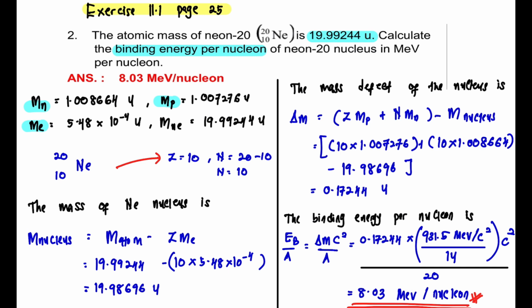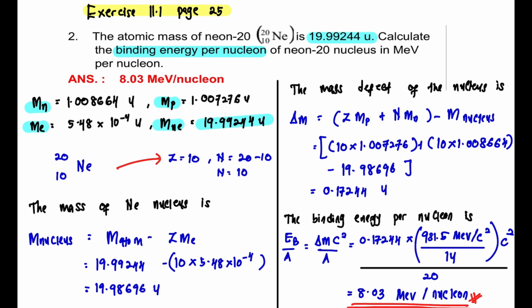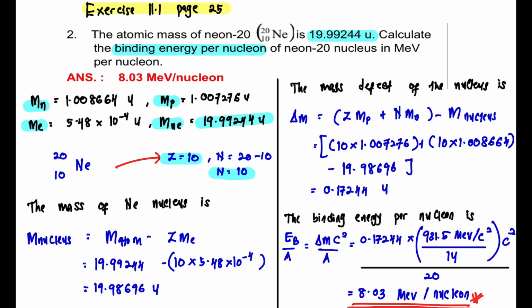So the atomic mass of neon is already given in the question, which is 19.99244 u. Next we have to calculate the proton number Z, which is 10, and the neutron number is 20 minus 10, which equals 10. Since an atom consists of a nucleus and electrons, we have to find the mass of the nucleus by subtracting the total mass of the electrons from the atomic mass. Hence, we get the mass of the nucleus as